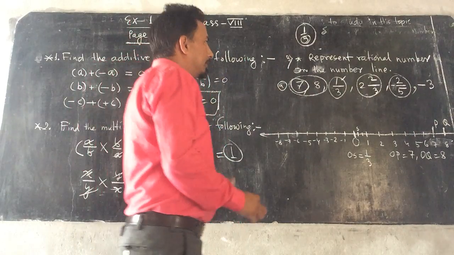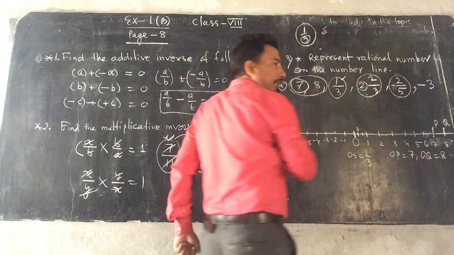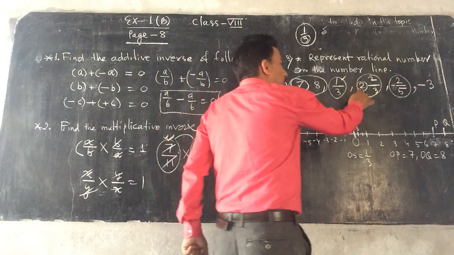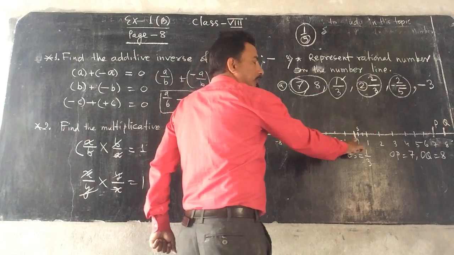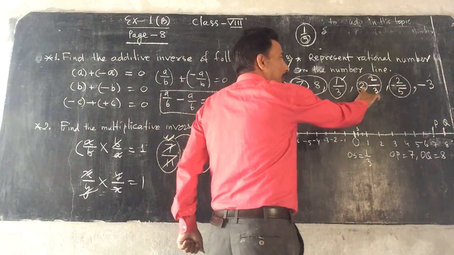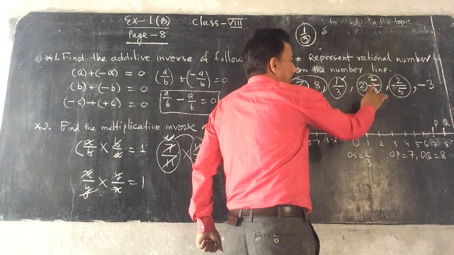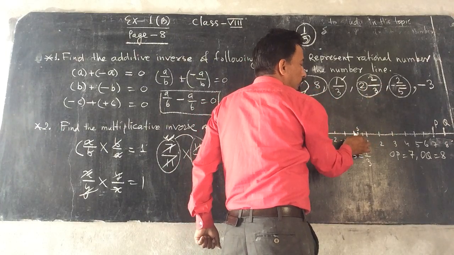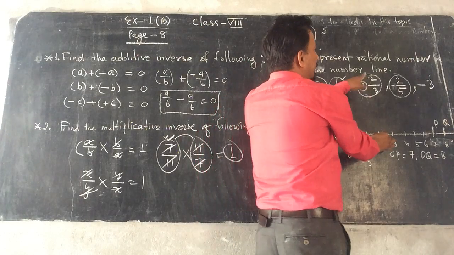Now you see here another one, 2 by 3. 2 is the total, the whole is there, okay? After 2, how much is there? 2 by 3. Okay? You see here, from 0, 0, 1, 2. It is also positive. First you have to go up to 2. 0, 1, 2. You have reached 2. After 2, how much do you have to go?